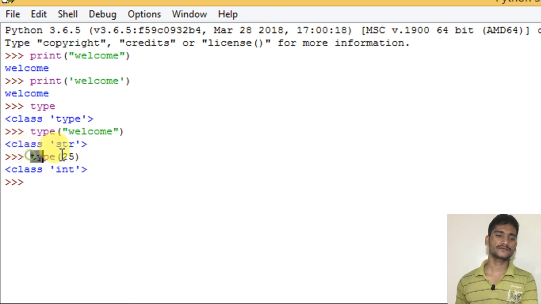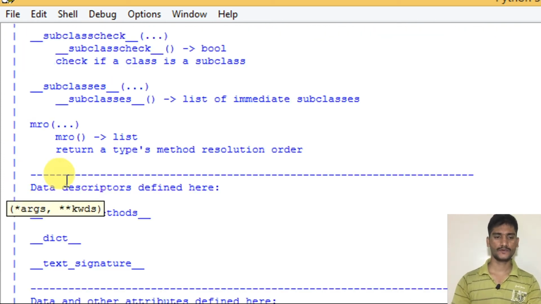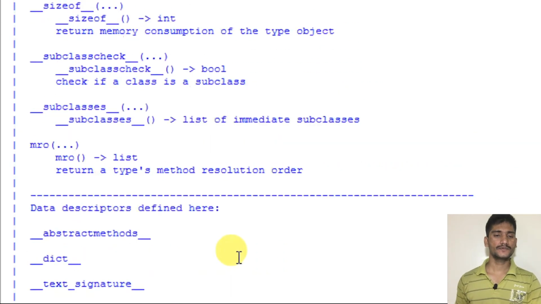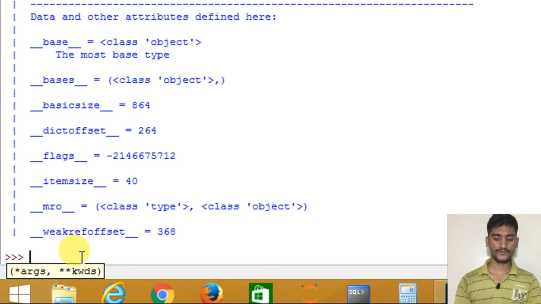Like help, we will take help. See, when I type help, I want to know how many built-ins, how many packages are there inside built-ins, so I can know and I can use those when I write code, right?